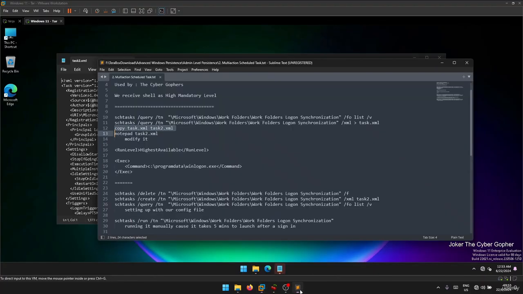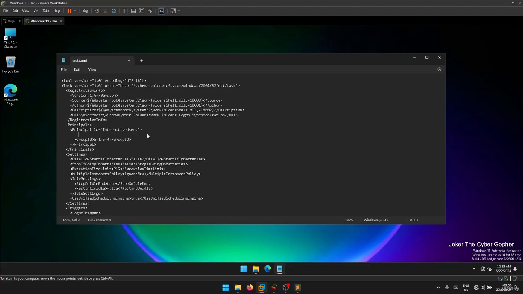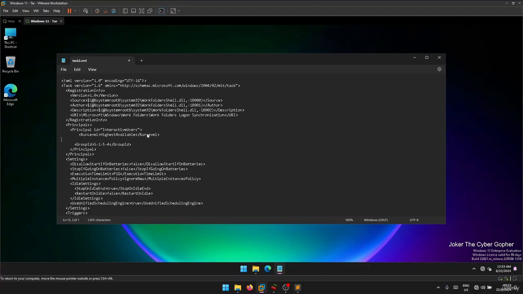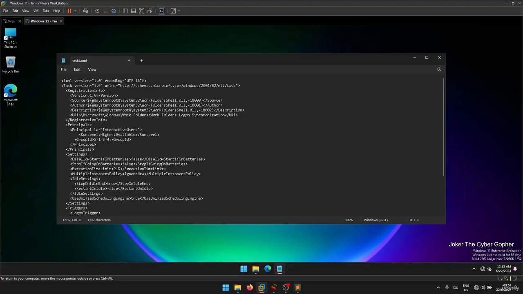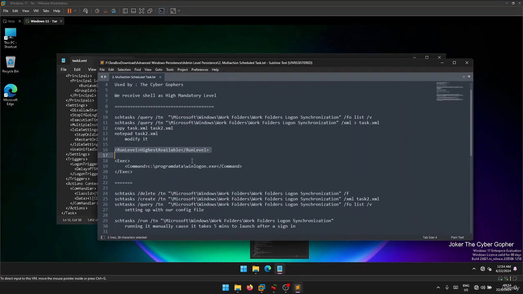Alright, so I need you to come back right here, copy this content, and paste it right here on principal ID, interactive user. You go ahead and create some space for your command and paste it right here. As you can see, just between line level, highest available, just like this. Alright, cool. Let's scroll down a bit,